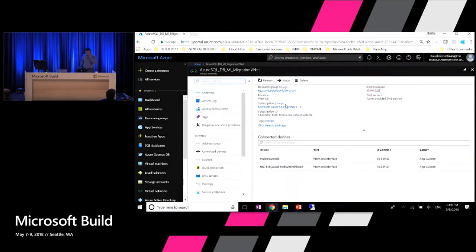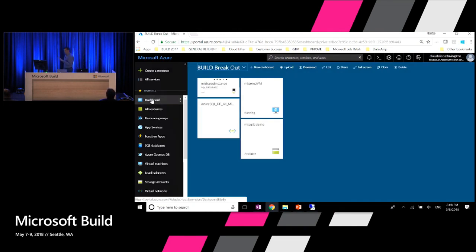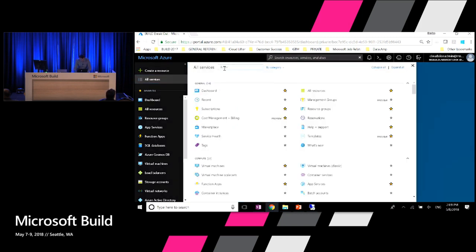Okay, so what you see here is the Azure portal, and I created a couple of resources for this demo. The resources include one pre-created managed instance, a storage account that we will use for the database migration, and a virtual machine that is used for two purposes: to have secure connectivity to your managed instance, and also to mimic the source SQL Server. And then you'll see some others as well. But let's first see what it means to create a managed instance.